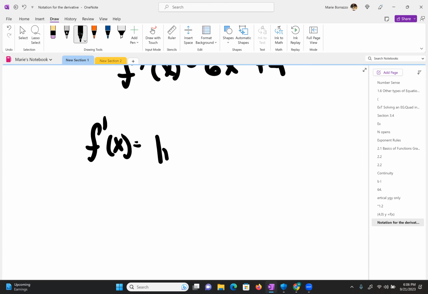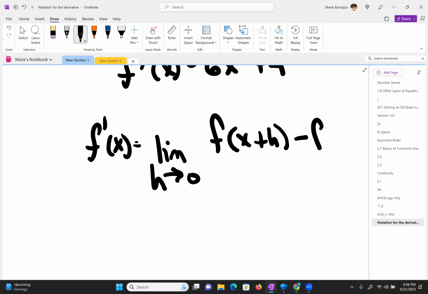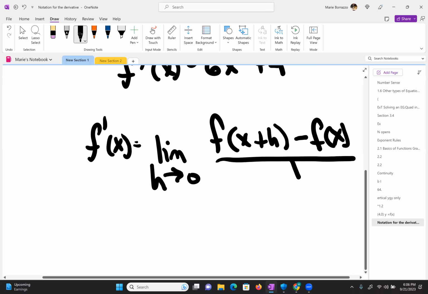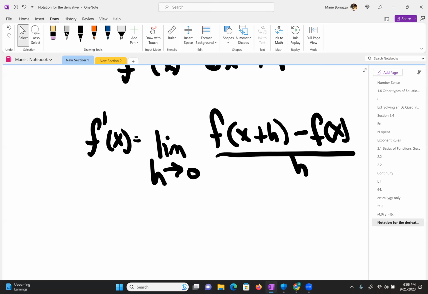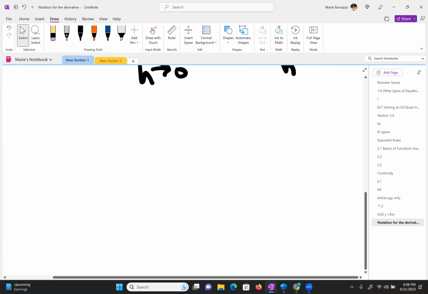if we look at the limit as h approaches 0, given the function, of f of x plus h minus f of x, and all of this is over h. So that I did mention, and we're going to do one or two examples of that and see how you feel. So as I start the notes for this chapter, one of the things I want to talk about is